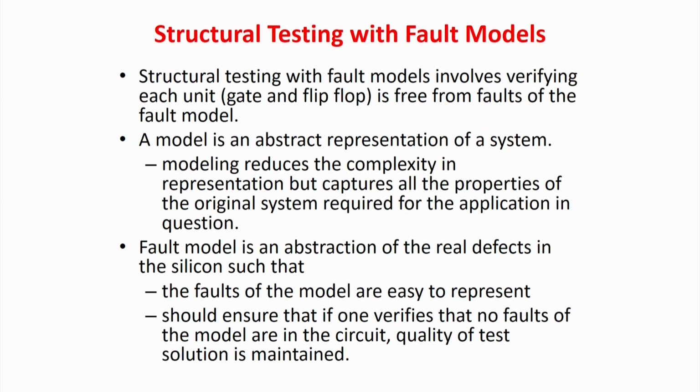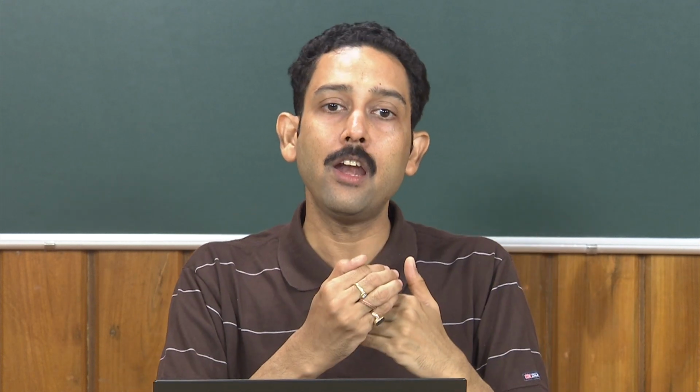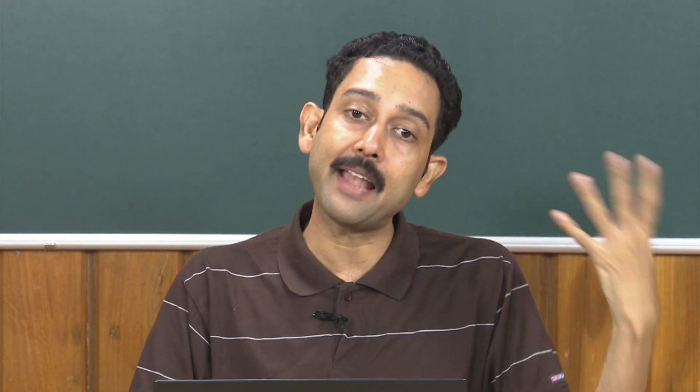Then something extremely interesting came up, but again I have to emphasize one part here. In all these cases, people have not done any kind of mathematical analysis to prove what confidence I will get with a compromised amount of testing. People have found that functional testing takes 2 to the power n, structural testing takes n, but the confidence I get is very near in both of them. One may be 100%, the other may be 99.9% plus.